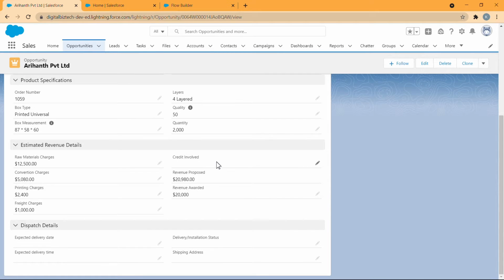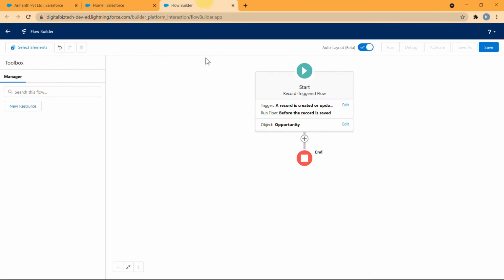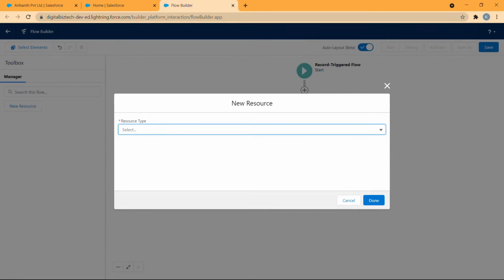This is a currency field, but it still does not include a 0. So when you use this field in a flow, it will convert into a null value, which will not let your flow run successfully. So I'm going to go ahead and create a new resource and select resource type as